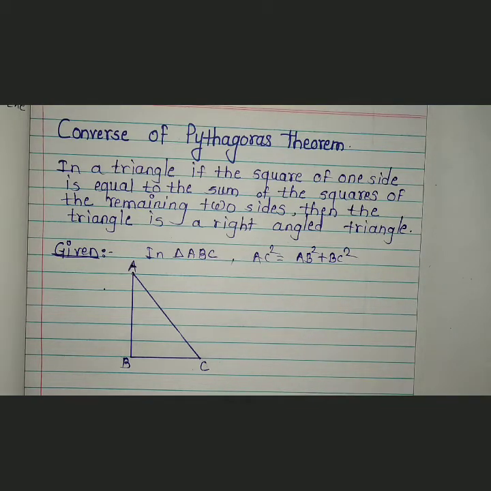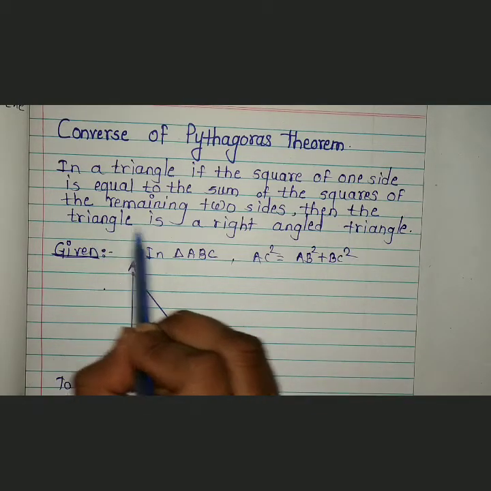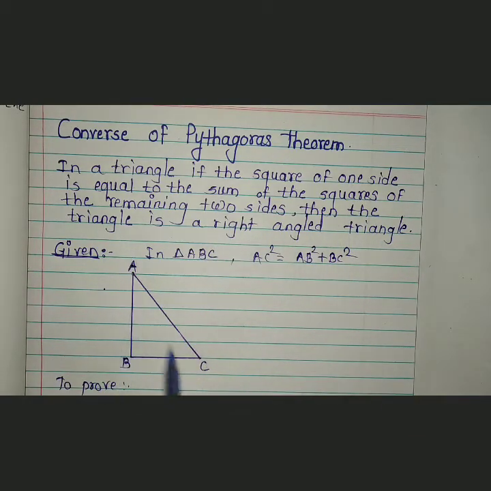And what is to prove? Here, to prove that the triangle is a right angle triangle, means to prove angle ABC is equal to 90 degree. One of the angles is 90 degree. If the measure of one of the angles is 90 degree, then the triangle is called a